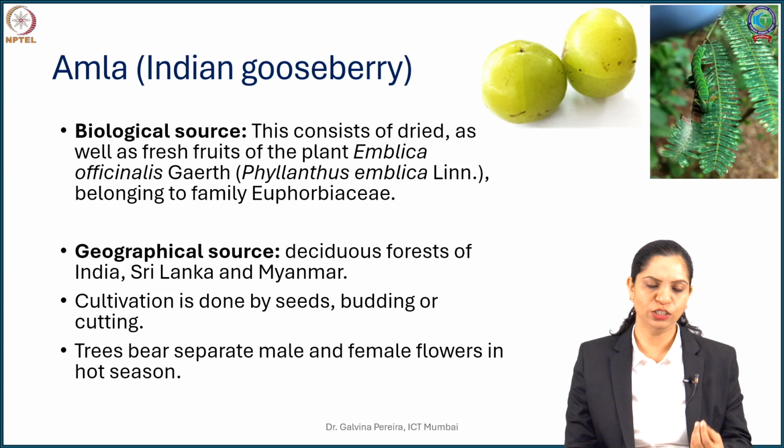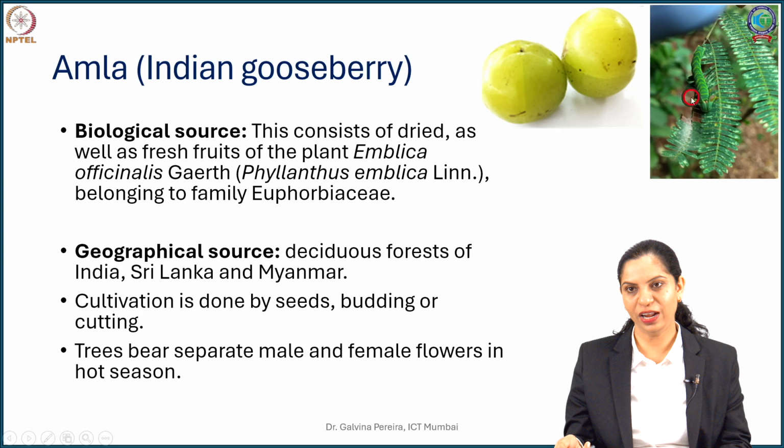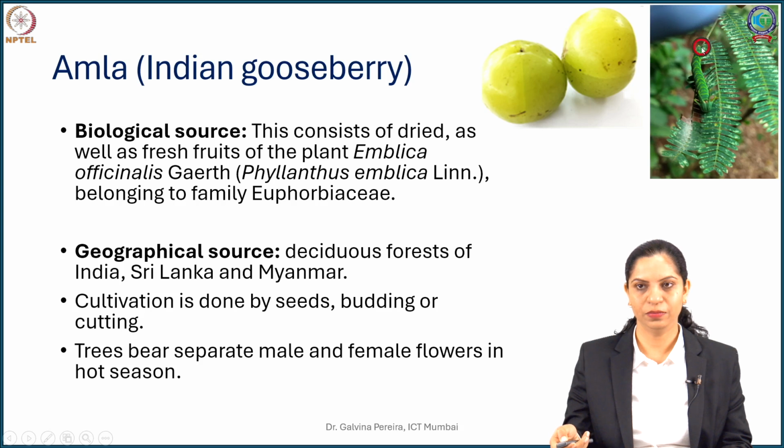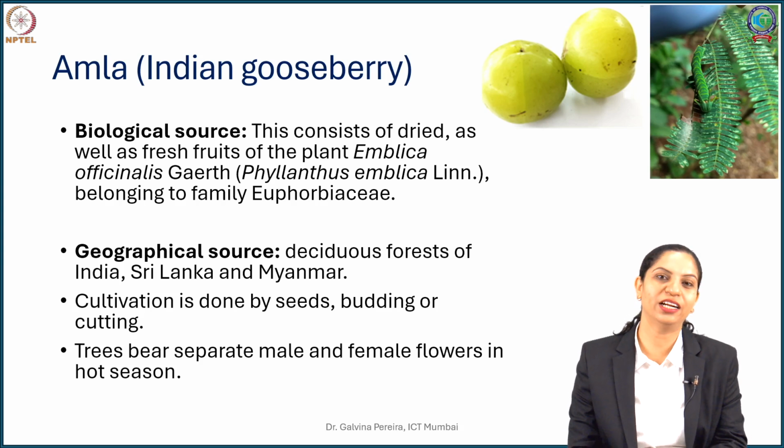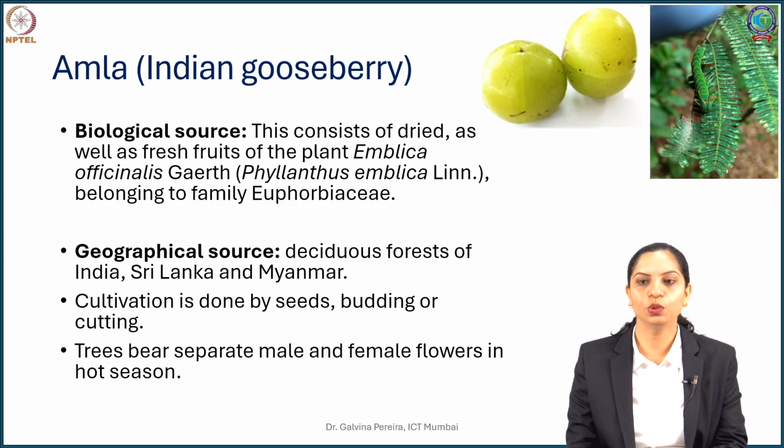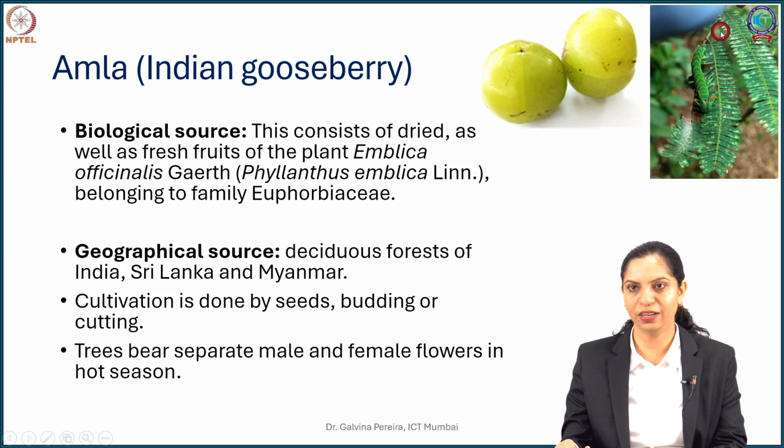This plant gives rise to separate male and female flowers. It is seen that the male flowers generally occur here, that is in the leaf axis, whereas the female flowers occur mostly in the stem. So male flowers occur as groups or bunches, whereas the female flowers occur as solitary or single. And once they fertilize, the fertilization rate is about 30 to 40%. You will see amla mostly occurring here somewhere, because the female flowers are located here on the stem axis.